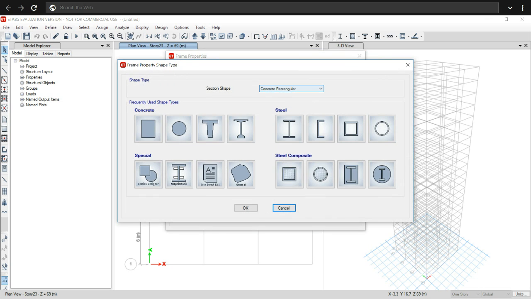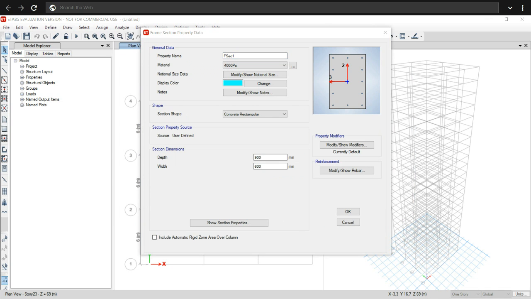Add New Property, take rectangular concrete section and give a suitable name, B500 by 300. Change the material to M40, change the depth to 500 and width to 300, and go to Modify Show Rebar.